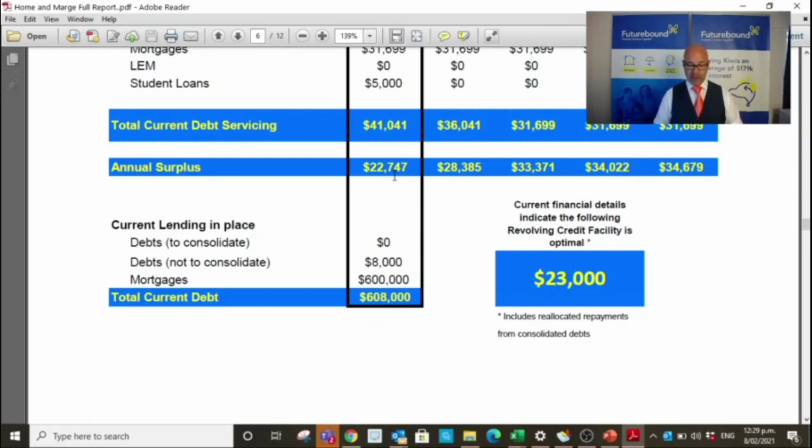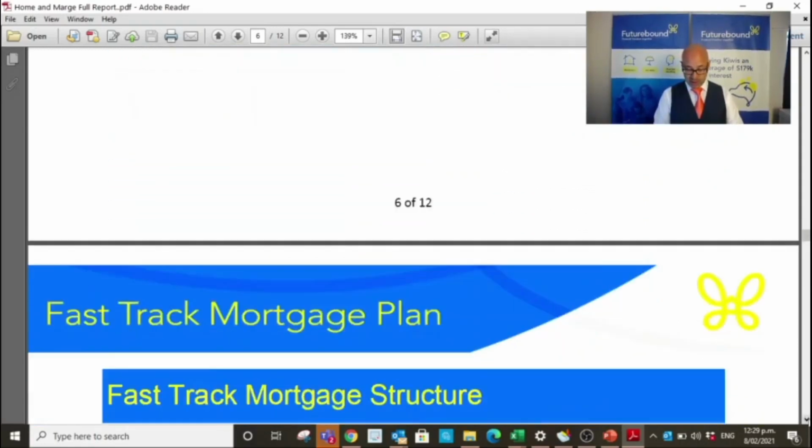And this is having an annual surplus of around about 20,000, 22,000, which is achievable for a lot of New Zealand families. So a lot of New Zealand families can get their mortgage paid off in 10 years or less, and that means they are now set up and they've got a strong foundation to continue to grow from that place. Right, so we'll keep scrolling,